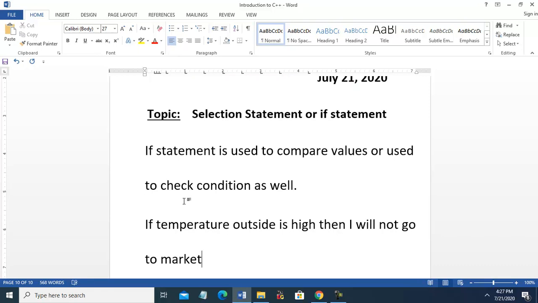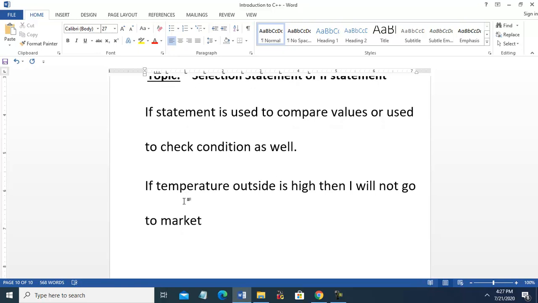See, so we are applying some condition. If the temperature outside is high, then I will not go to the market.